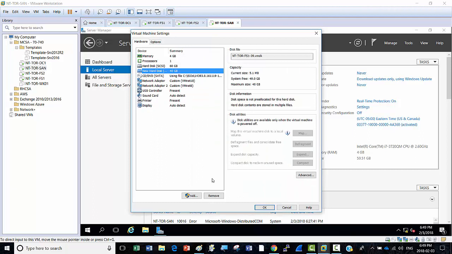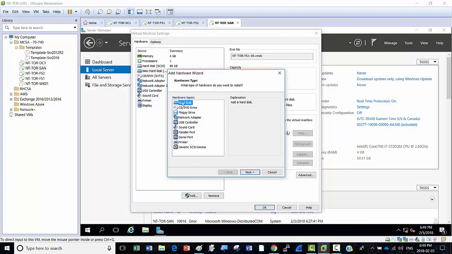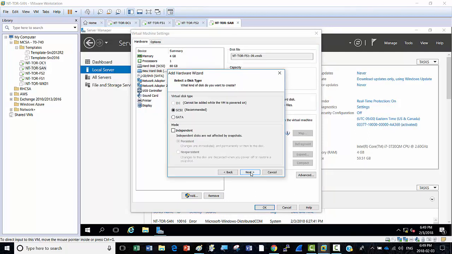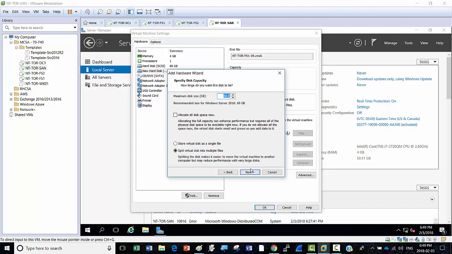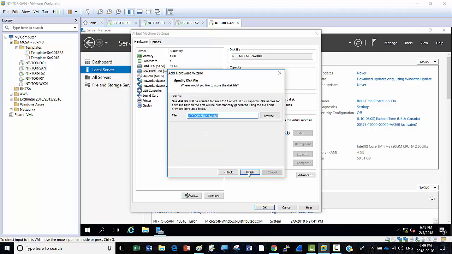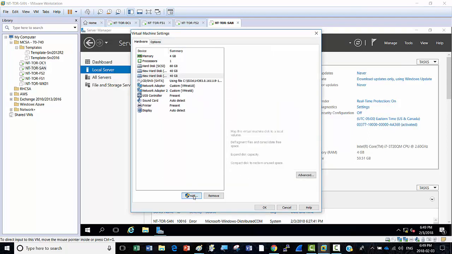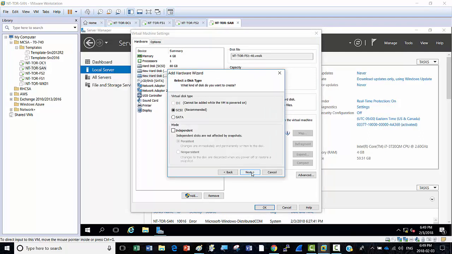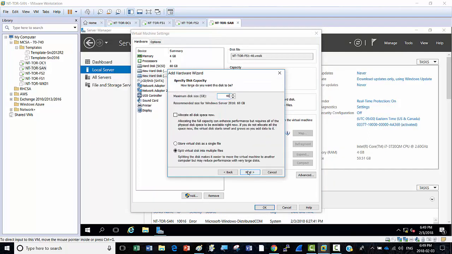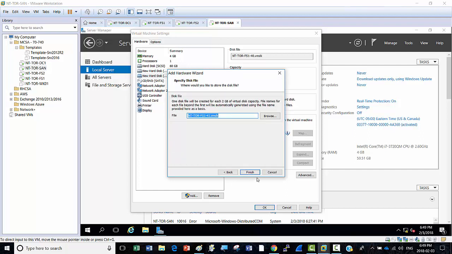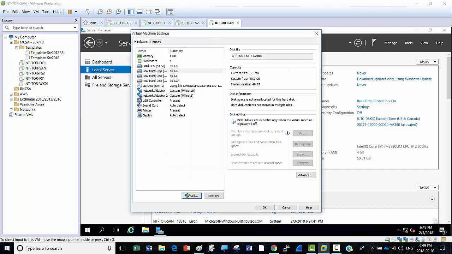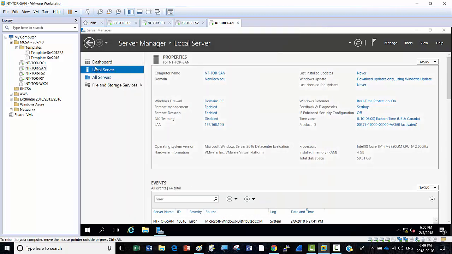Now repeat the step 2 times more. So add. It's hard disk, so next, 40, and next, and finish. One time more, add, next, 40, and then next, and finish. Now we have 3 disks, 40 GB, added to this server. So do OK, and now click on this dashboard,